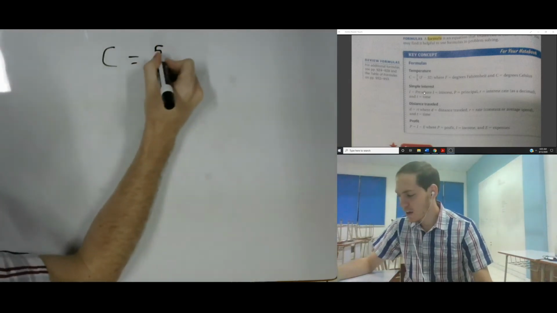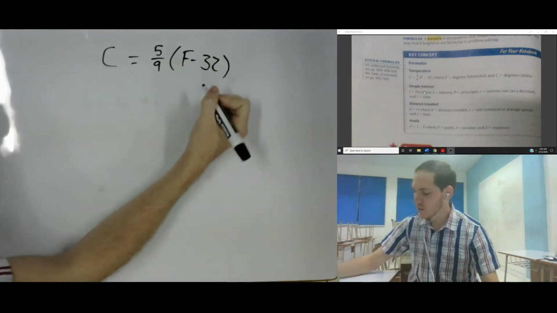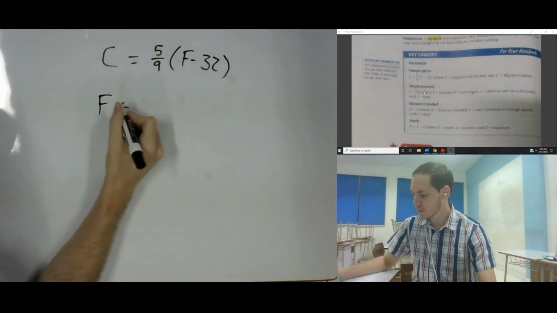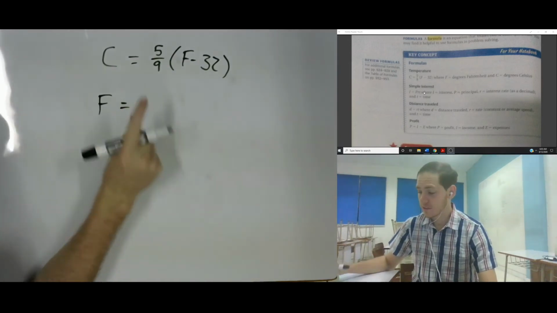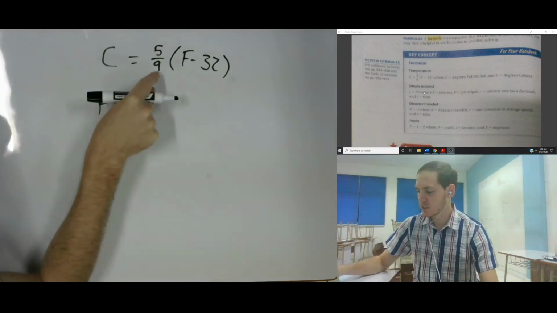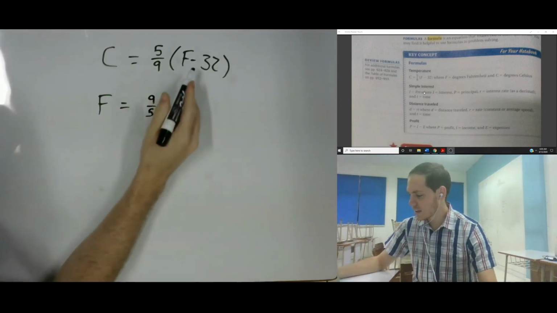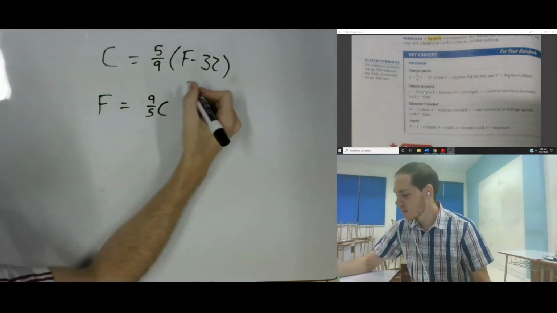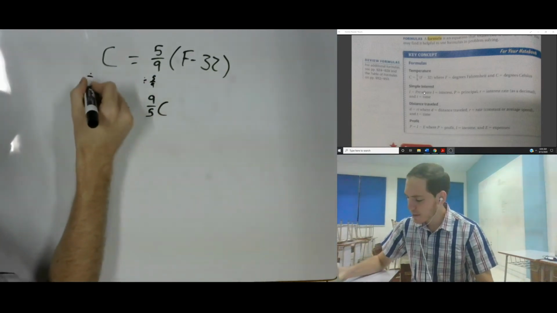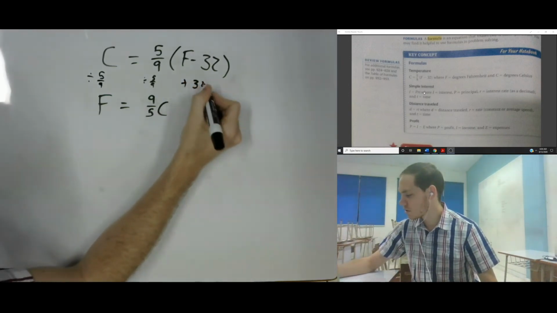Celsius equals 5/9 of Fahrenheit minus 32 degrees. So, what is then Fahrenheit in terms of Celsius? So, what does Fahrenheit equal? Well, first, we work from the outside. So we get this and we divide it out. So then it equals 9/5 Celsius, and then we're gonna have Fahrenheit plus this. So first we divide by 5/9, which is the same as multiplying by the reciprocal. Then we're gonna add 32. The next step